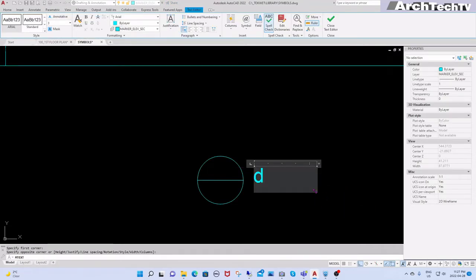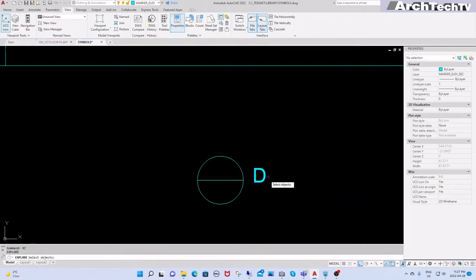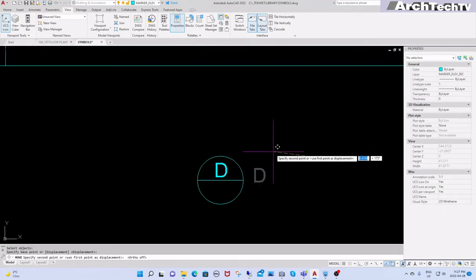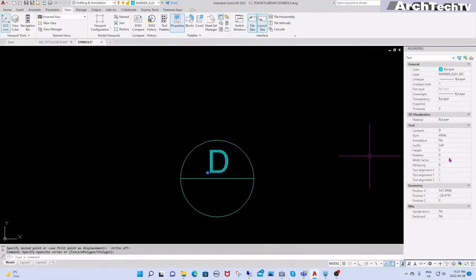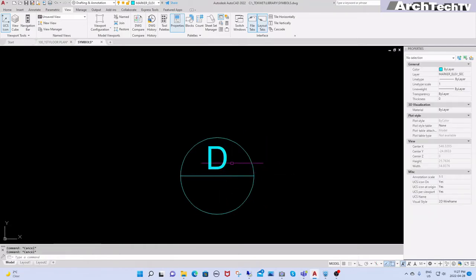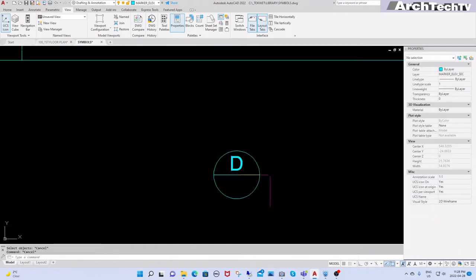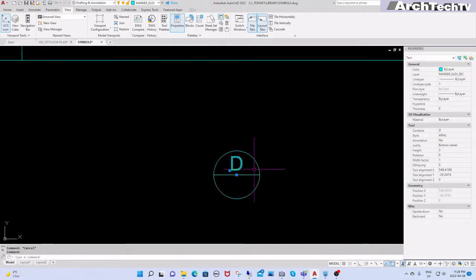So this will be a door. This will be for the door schedule, door tag. So let's put a letter D in here. Let's make this bottom center for justification. Then, this is for door, so we'll keep this as D,